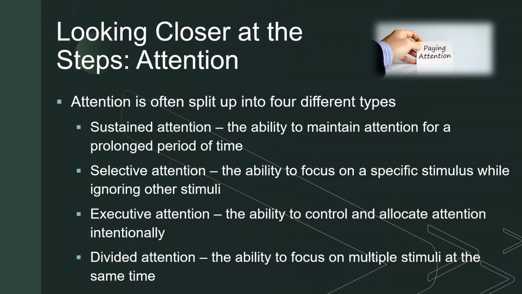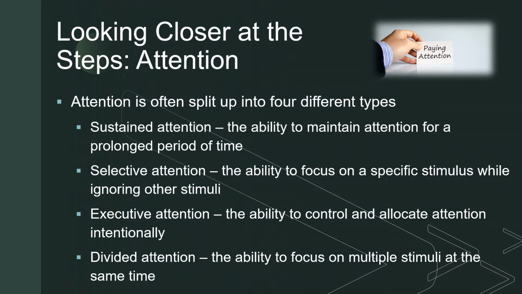This also relates to a third thing that's really critical called executive attention, where we're not only able to block out things and catch that thing that we want to focus on, but we can control and allocate our attention resources throughout an experience. So we can say, pay attention to a lecture while blocking out things in the periphery. And then when we want to turn our attention to something in the periphery, we can do that.